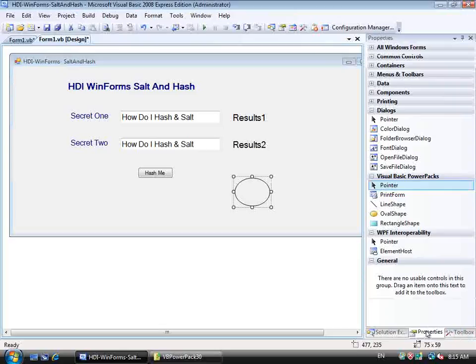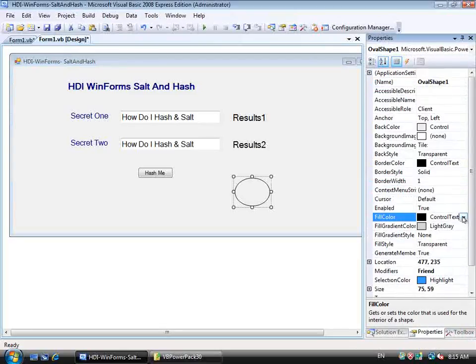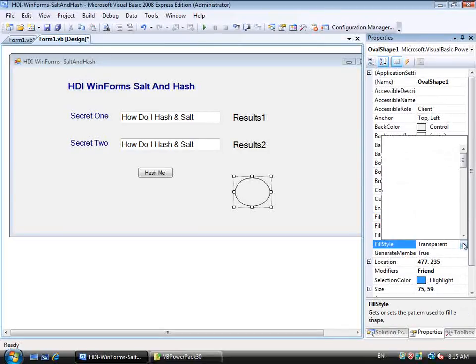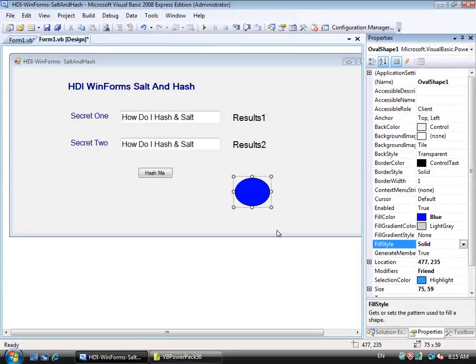Now I'm going to go into my properties here and tell it that I'd really like to have that control be blue. And of course that doesn't change anything until you change the style from transparent. I'm going to make it solid, and of course I had choices there. You can do gradients and you can do all kinds of things. Alright, so I'm going to leave this blue for the moment